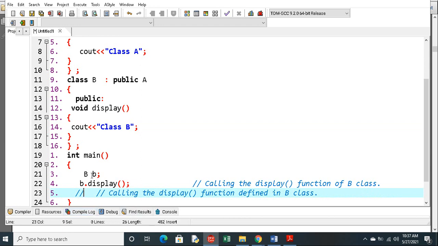If I call b dot display, which function does it have to execute? So we will see that.